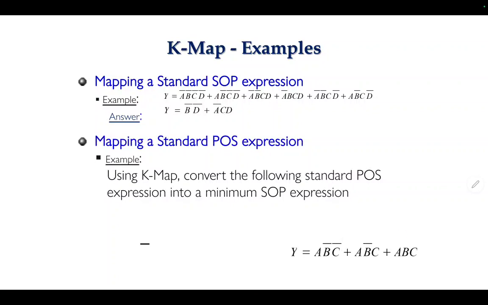So this is another K-map example for this equation. You can try to get the answer from y equals to A bar B bar C bar D bar plus A B bar C bar D bar plus A bar B bar C D plus A bar B C D plus A bar B bar C D bar plus A B bar C D bar, and then you can get the equation like this. So this is basically the equation is in SOP form.